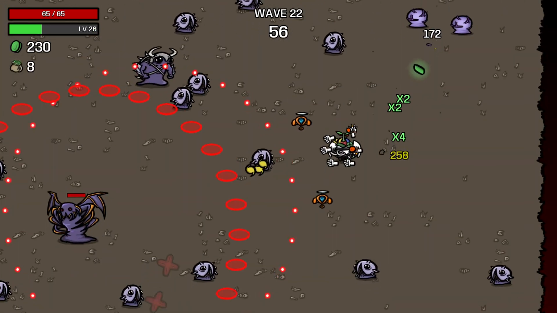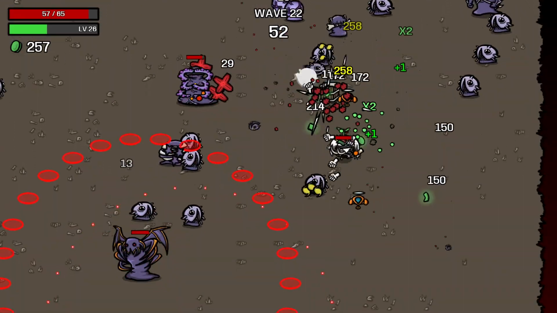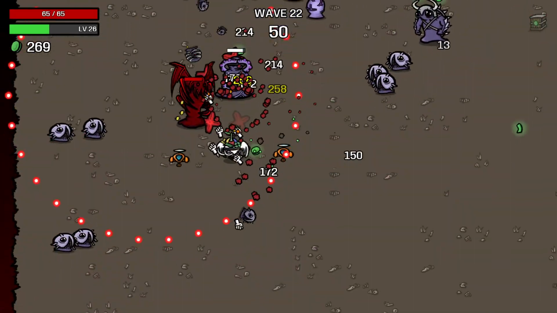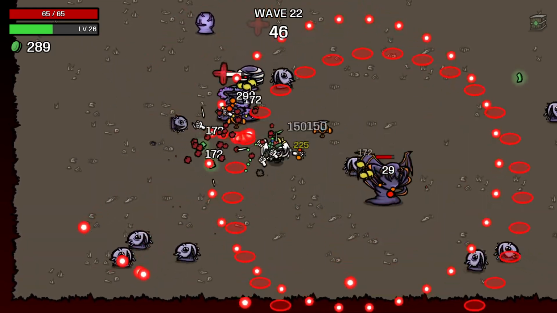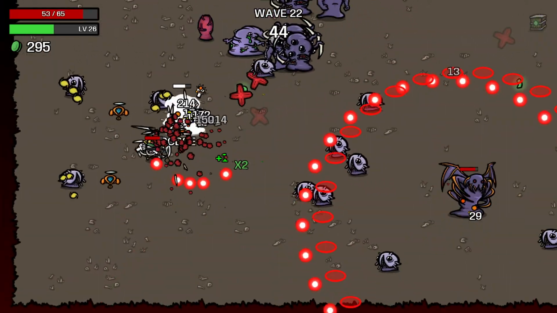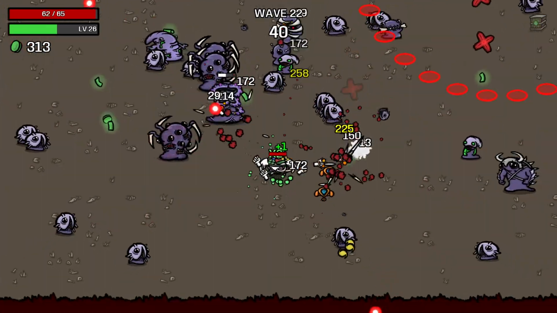So how do these elites work? Well, they appear at set waves to ruin your day. These are the baddest of the bad aliens. If Independence Day had these guys, Earth wouldn't have stood a chance. And each elite has their own moveset, which consists of red telegraphs on the ground. Easy, right? Well, keep in mind, you also have to dodge all the other aliens trying to kill you